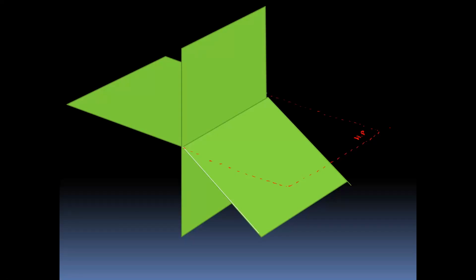So this is the horizontal plane. Rotate this plane in this direction. This is just an imagination. We are not going to rotate this in actual practice. We have to assume that we are rotating the horizontal plane in the clockwise direction, and therefore it will get aligned with the vertical plane.